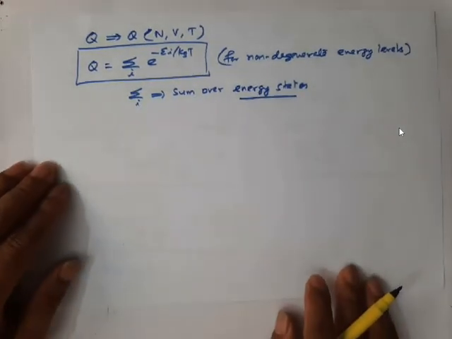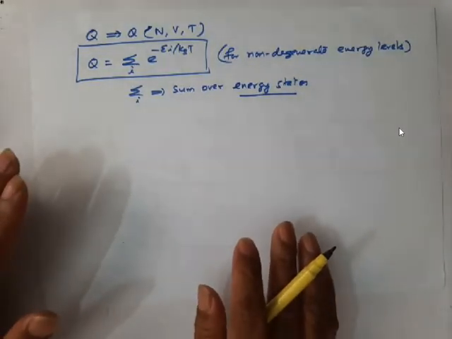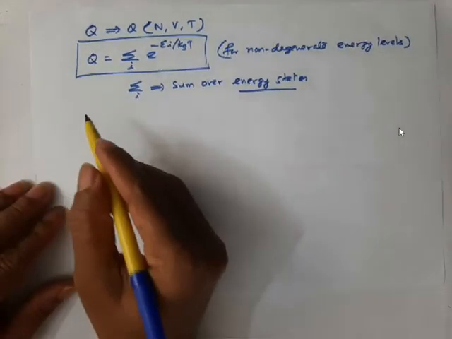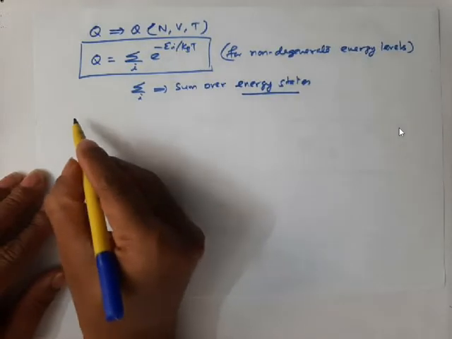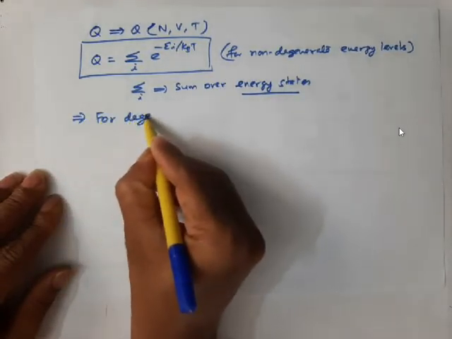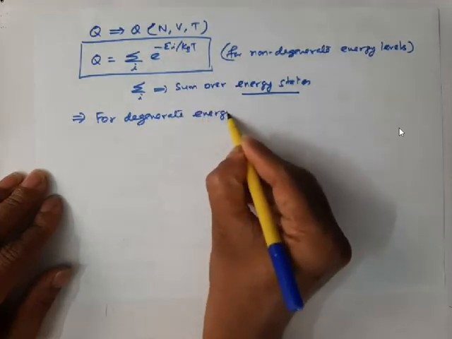So now I have given the expression for Maxwell-Boltzmann distribution for a non-degenerate system. Suppose the energy levels are degenerate, for degenerate energy levels,